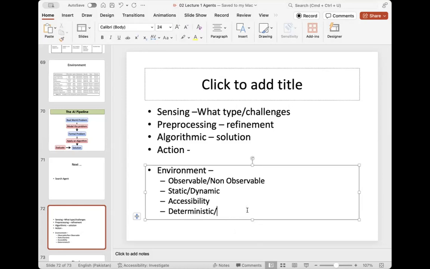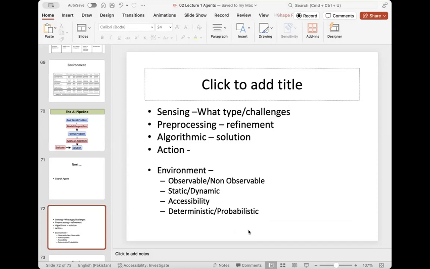Or you can also call it probabilistic if you want, or stochastic. Now, what does that mean? Deterministic would primarily mean that you are able to determine what's coming ahead. A very simple and concrete example of this could be that if you are on a road